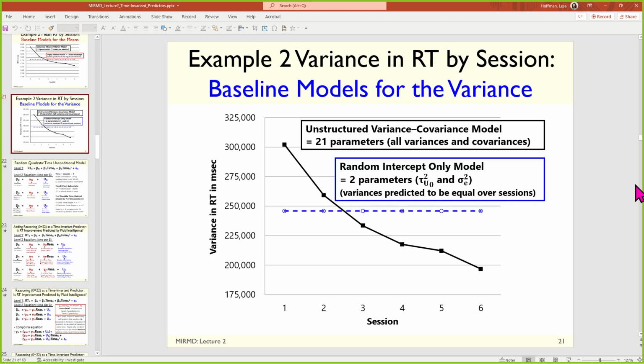The point I was trying to make is that in the data, the variance in response time is decreasing over time as a function of practice. People are becoming more homogeneous. And so whatever random effects I put in the model are going to be trying to recreate this pattern of declining variance over time. If I only had a random intercept in the model, then that is what is predicted by the blue line, that the variance stays the same across time. You can tell that it's kind of an average of what would happen if I let each one be separate. So I find this useful didactically.